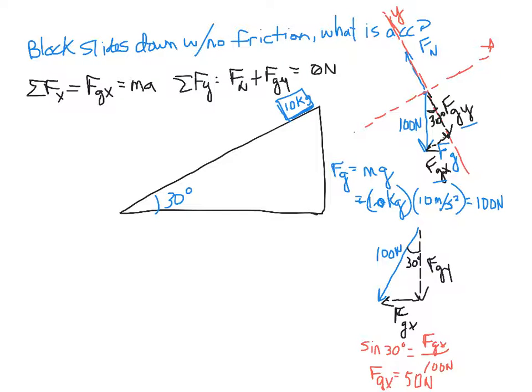And so the Fgy, this is cosine because it's the side adjacent to the 30. So I have cos of 30 is the adjacent, or Fgy, over 100 newtons, the hypotenuse. And that makes the Fgy 86.6